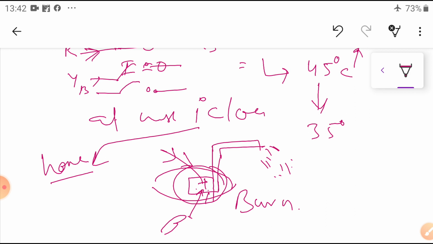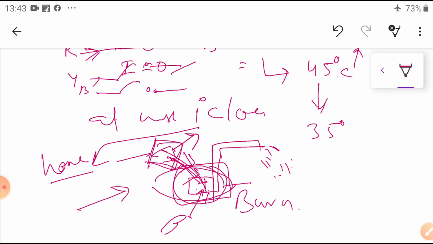So what to do? If I place one starter, and a rat bites the insulation, it will draw more current, which is automatically detected by the bimetallic strip, heat is produced, and the supply to your motor is switched off. Then you may come in the morning and see, oh, the motor is switched off, what is the problem? You can check it. Otherwise your motor will burn totally. That can be avoided with the help of the starter, with the OLR coil provided inside.